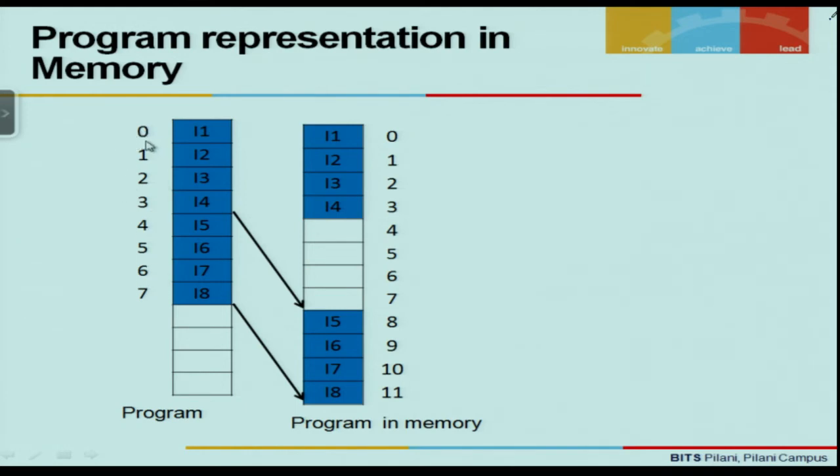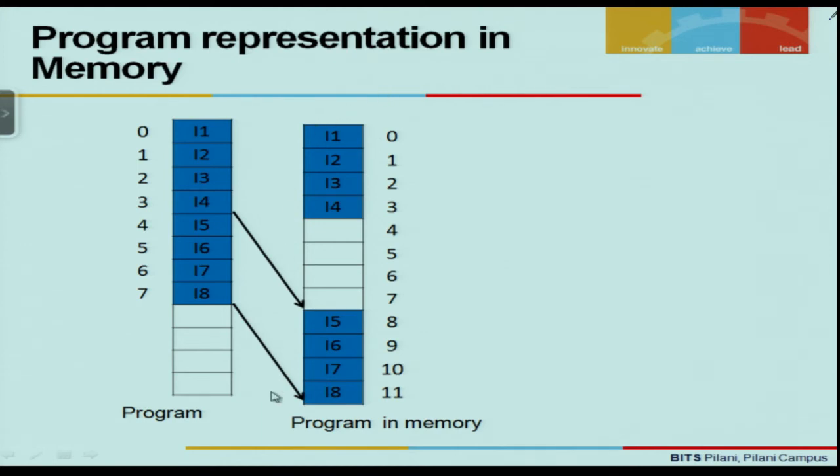So the address generated by the processor is going to be 0, 1, 2, 3, 4, 5, 6, 7 and so on. This address will only get altered if the executing instruction is a branch instruction. This is what we already know, this is how programs get executed. So the program counter generates an address which we call a logical address.